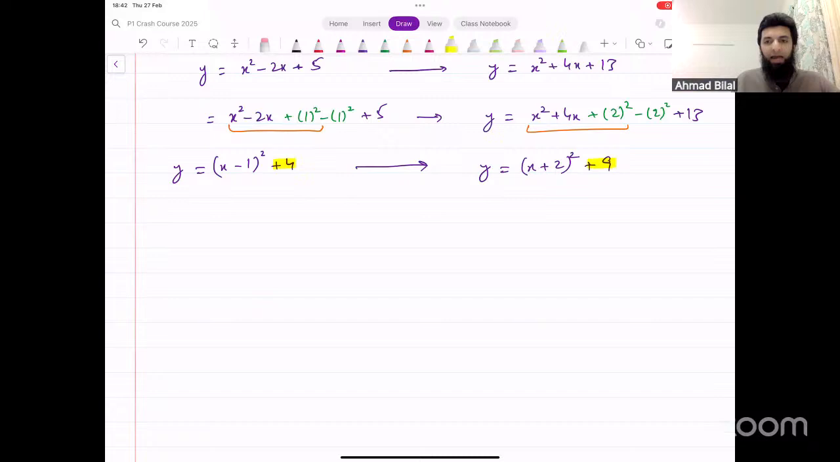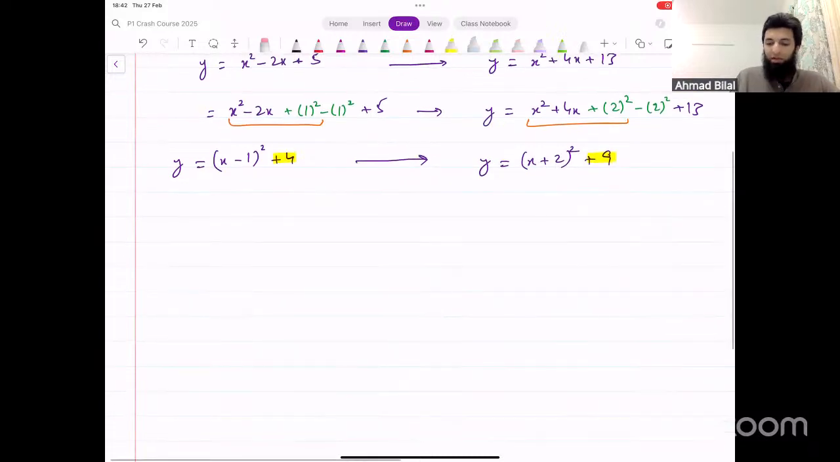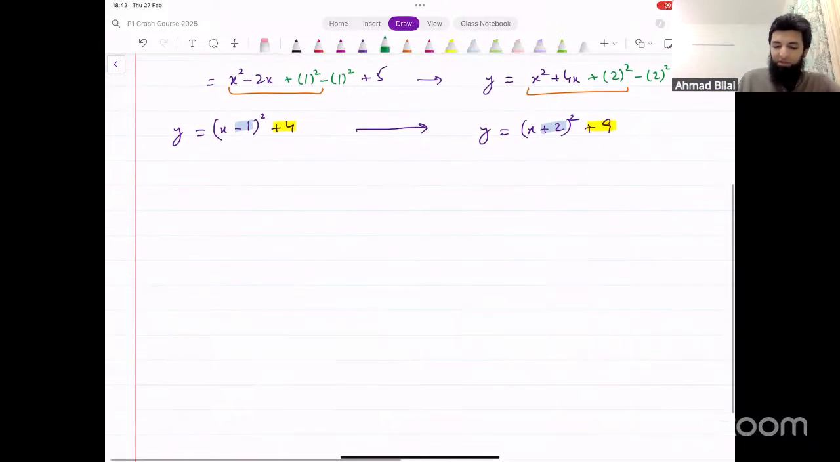We'll have to add 5 for that. How do you go from minus 1 to plus 2? For that, you would have to add 3. So this is a translation. Which translation? We can say something like this. If the original function was f of x,